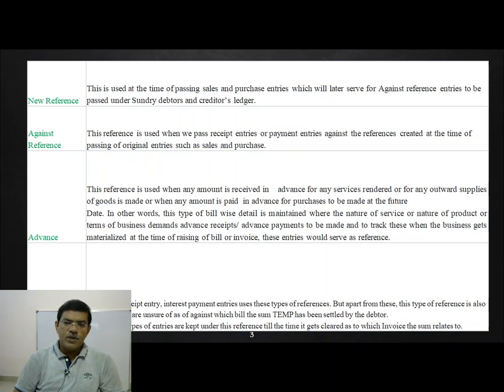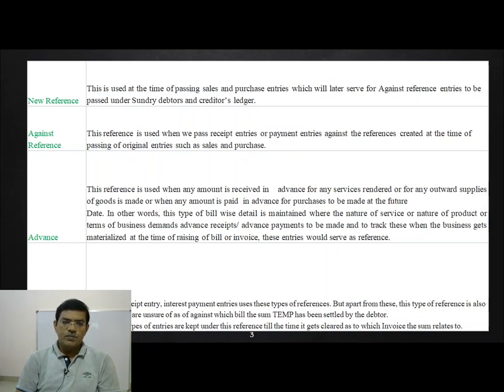This type of bill-wise detail is maintained where the nature of service or product or terms of business demand advance receipts and advance payments, and to track these when the business materializes at the time of raising the bill invoice. These entries would serve as reference.